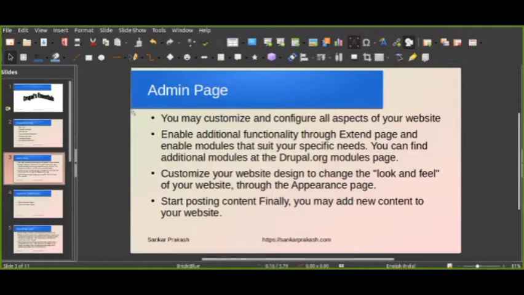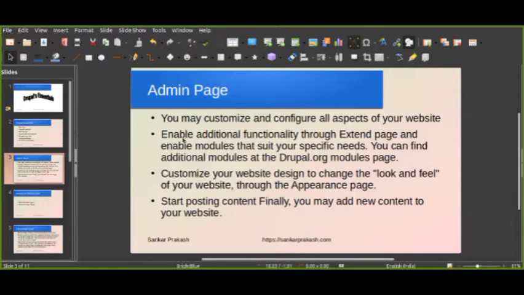You can enable functionality through the extend page, I mean the module page. As per your needs, any website requirement you can achieve through module installation. Let me share another screen. This is my Drupal installation.